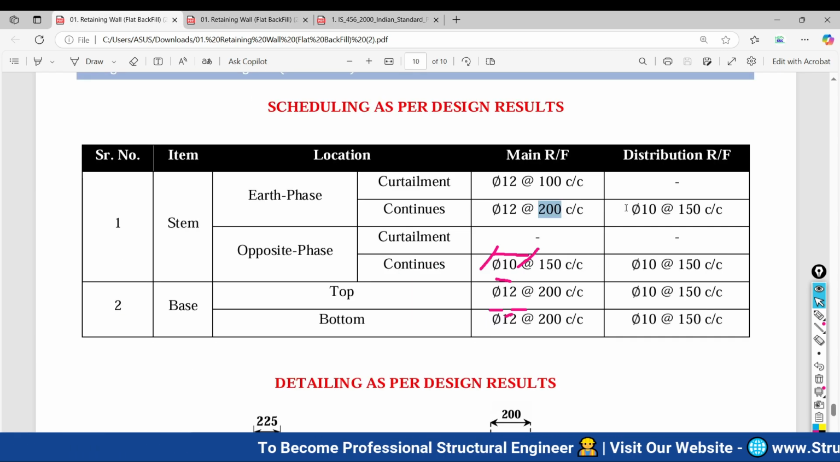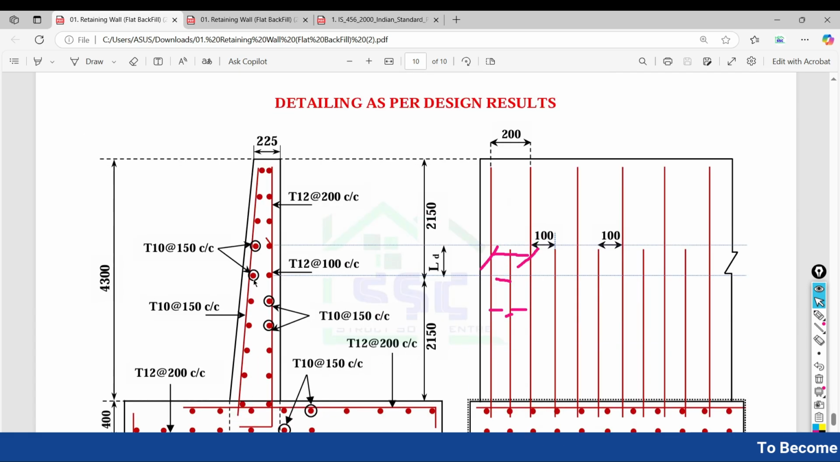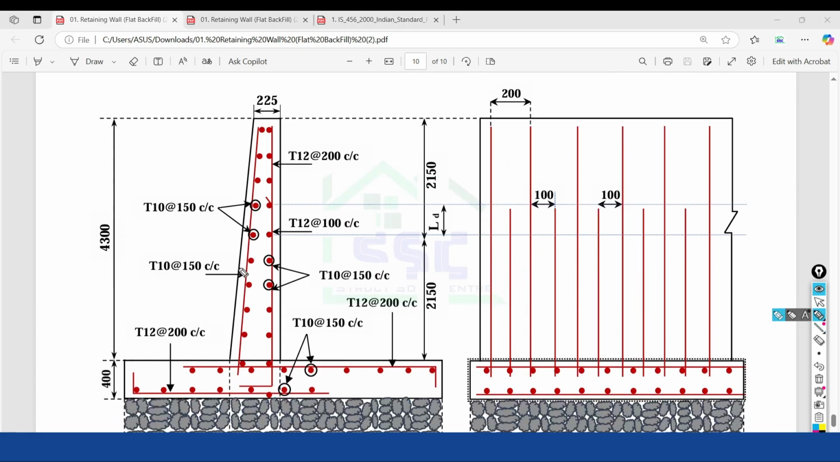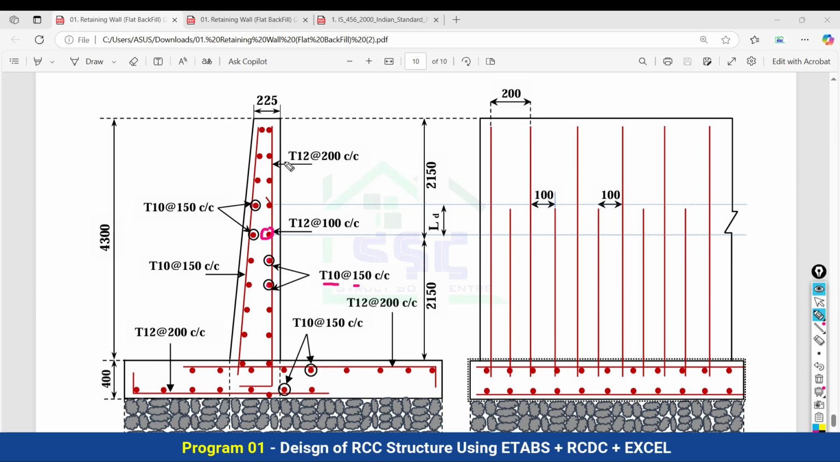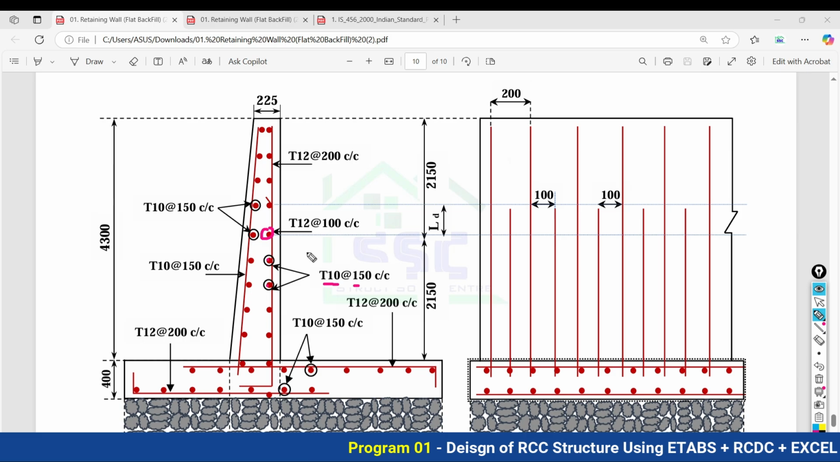So that is written here: distribution reinforcement as 10 mm diameter at 150 mm center to center. As you can see here, all these circles are nothing but your distribution reinforcement, 10 mm diameter of bar at 150 mm center to center. So there will be no change from bottom to top for the distribution reinforcement, only there is a change